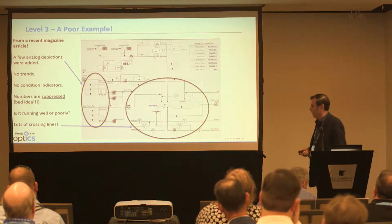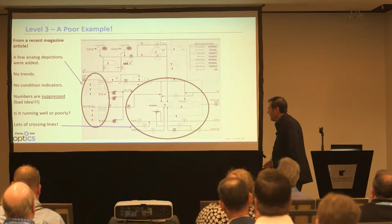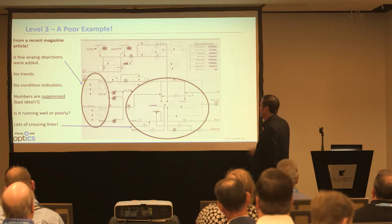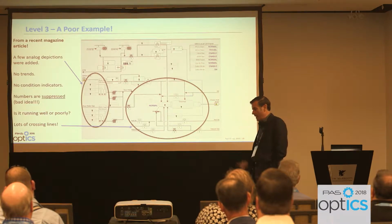It's a very poor level 3. What they did was they took this P&ID depiction. First of all, they didn't even clean it up to get rid of some of the crossing lines. There's plenty of crossing lines on here that are crossing for no reason whatsoever. If you looked at this for 10 minutes, you could figure out how to get rid of almost